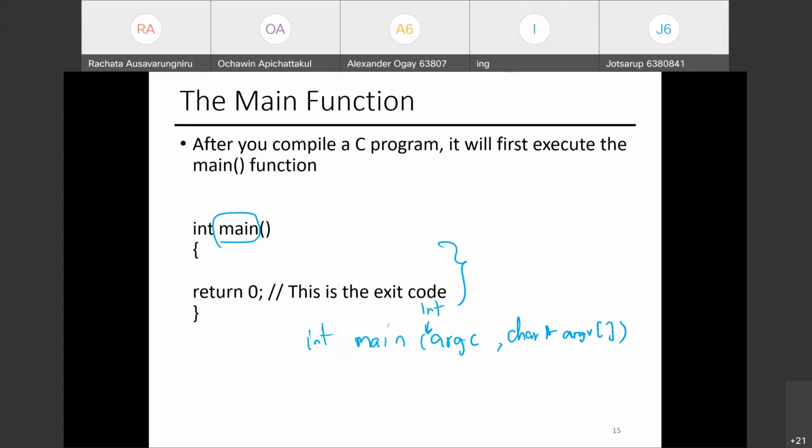So let's say your program is called test. You can run this by ./test with some input, 1, 2, and then I guess a string tester, maybe, right? In this case, the